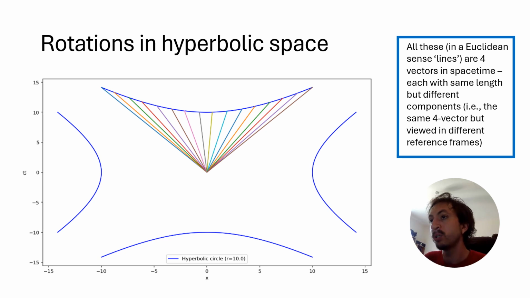So here I've shown the same four vector, but I've rotated our space-time axes, which as far as rotation is concerned has a very similar effect to keeping the space-time axes fixed but rotating the vector itself. And we can see that if you rotate the vector, it traces out this hyperbola, if you look at the tip of the vector. But I've only chosen the upper portion of the hyperbolic circle,